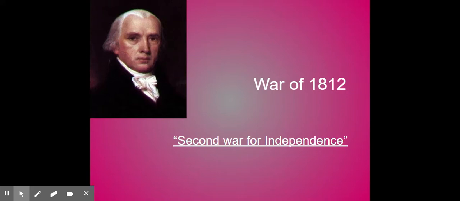In fact, there are a lot of people that are thinking we're not going to come out of this war on top. It all began with an invasion of Canada. In fact, Thomas Jefferson kind of suggested, hey, if you guys invade Canada, which was part of the British Empire, it'll be real easy and we can prove how tough we are. And that totally failed. The invasion of Canada failed. And now we're going to go to war with Britain.